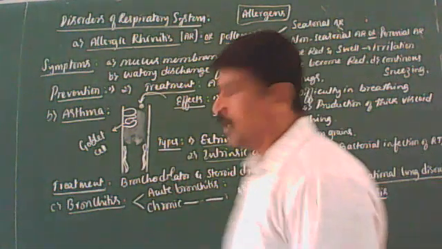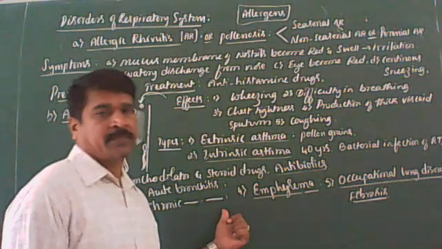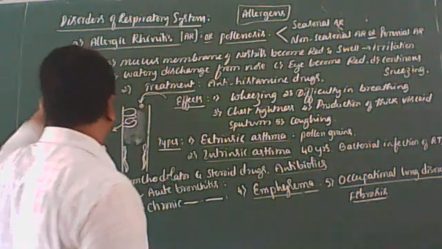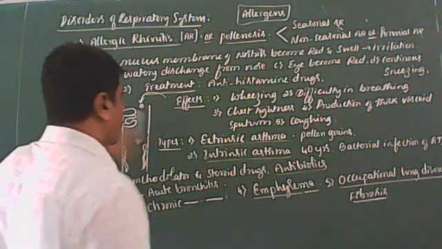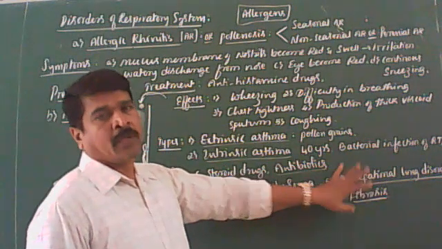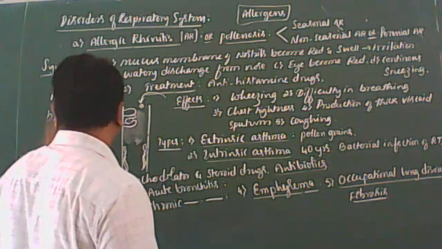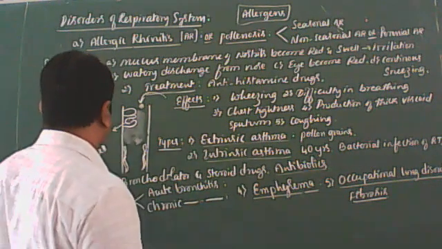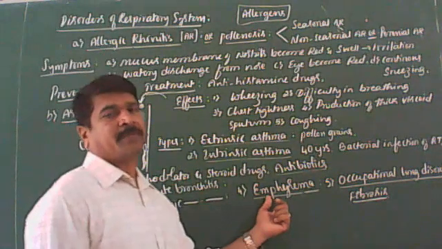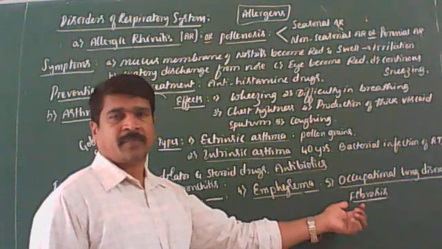So these are the diseases of the respiratory system that you should keep in mind. In your book, there is one sentence on asthma, then emphysema and occupational lung disorders. Only three are there. Two more extra we have discussed. Allergic rhinitis, asthma and bronchitis are the allergic disorders of the respiratory tract. Emphysema is a symptom of lung cancer. Then occupational lung disorders. Clear?